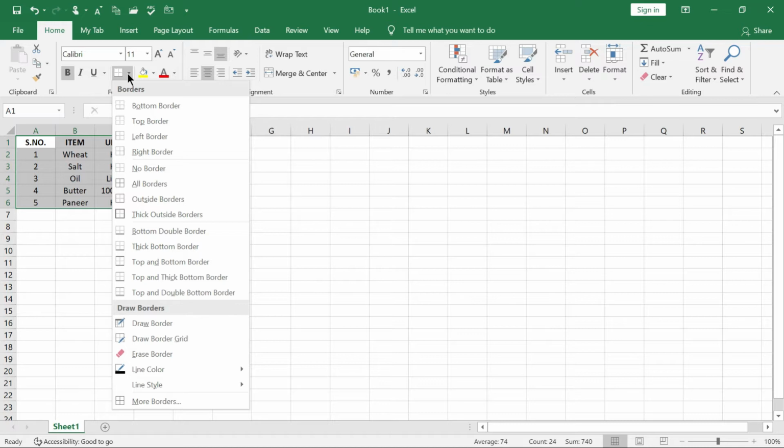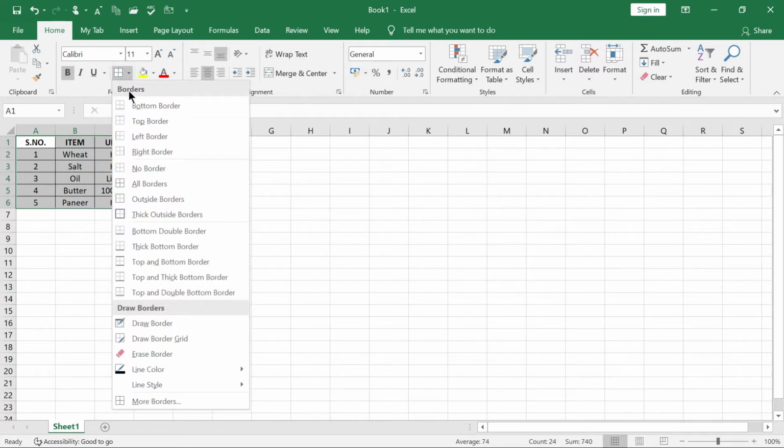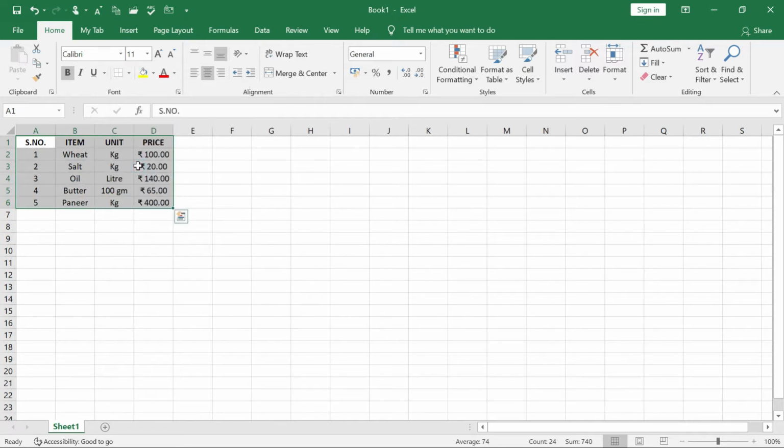All right, Home tab, and then choose what you have to do. If you want to remove the borders, you can select No Borders, or you can choose All Borders to get the borders. Now you see the borders that appeared. If you want to remove all the borders, highlight them, go to the Home tab, Border tool, and choose No Border, so all the borders will be removed. Okay, so this is the way.